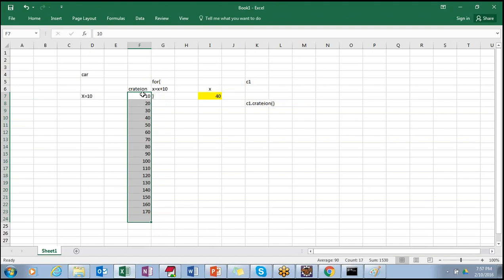So slowly my memory first will have 10, next 20, next 30. Let us say my for loop is there for 17 times. So the last value would be x equal to 170. Got it? Okay.